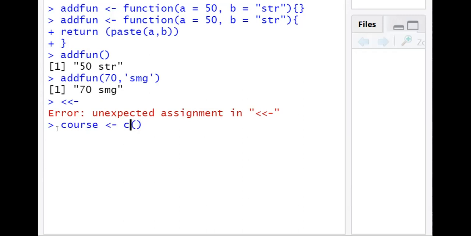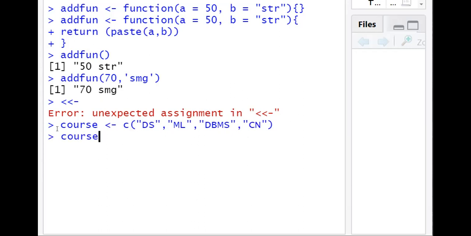This C function indicates we are creating a vector, and the elements of a vector we can specify inside this parenthesis. Just like this. Let us say data structures or data science, then machine learning or DBMS, CN, like this. So a vector has been created.